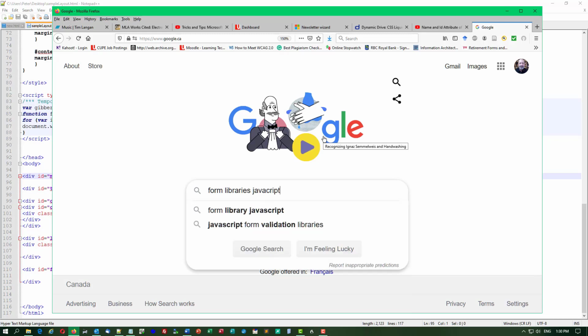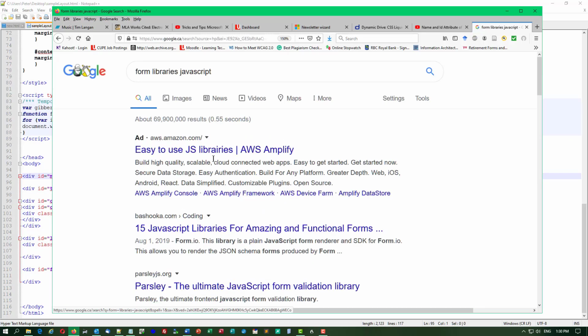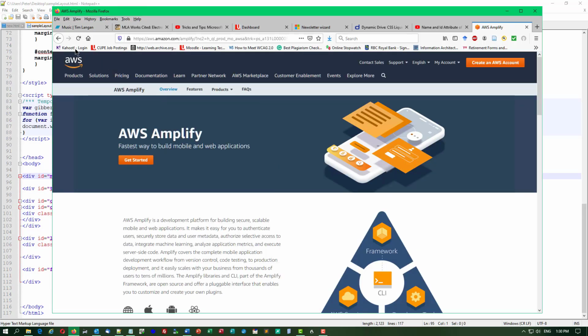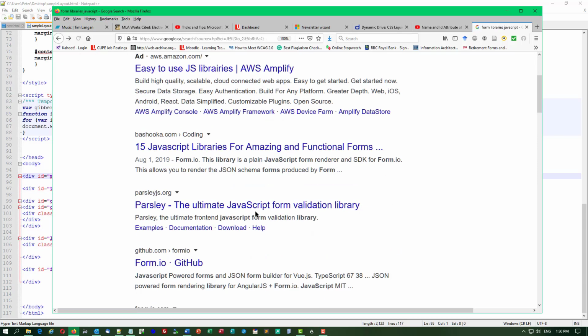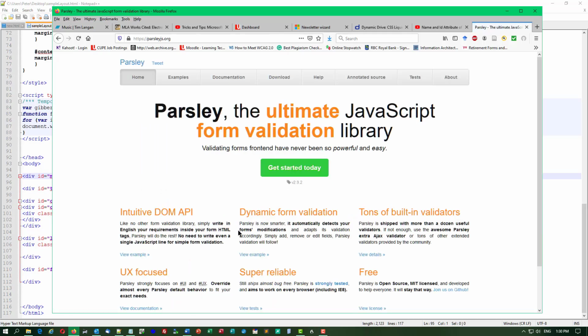We haven't done JavaScript, but I go to form libraries. You can also do the same with JavaScript. You can go and find out all kinds of things,